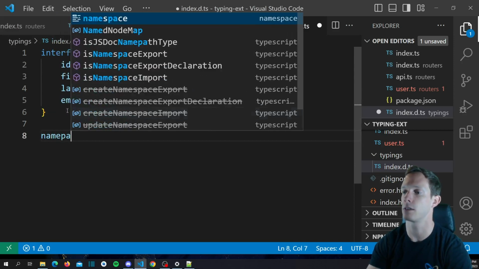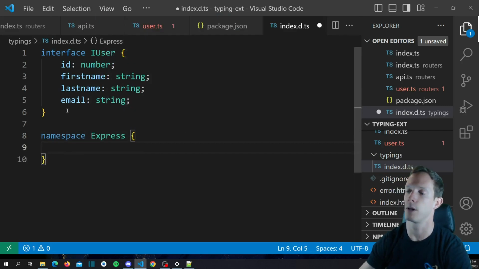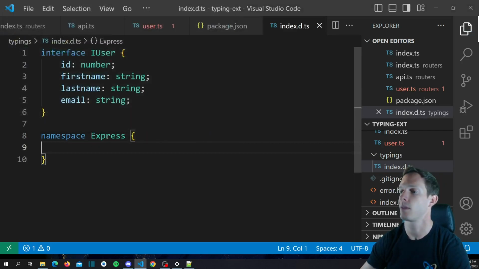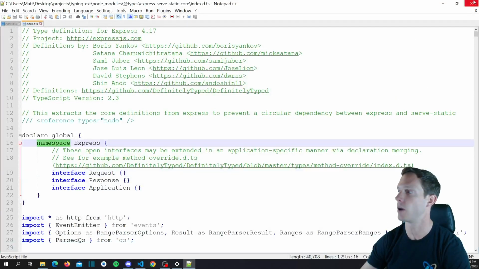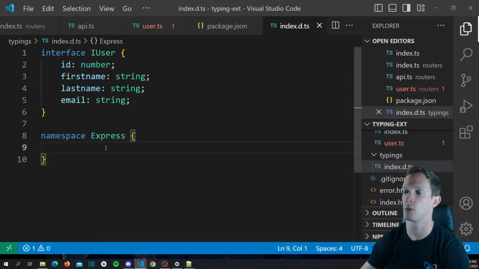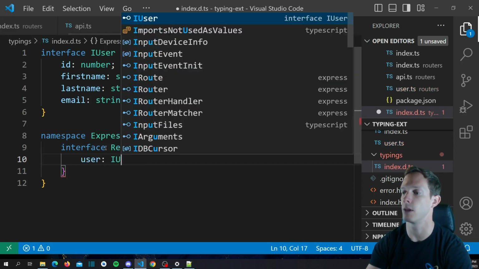So we want to go back into our index.d.ts, and we are now going to declare our namespace Express. Whoops. So you can say namespace Express, and a lot of the times you can go ahead and declare it if you want, but it's not a big deal. We're going to have namespace Express. We may have to declare it, but we'll find out in a second. And then we'll have interface Request. And on our interface Request, we're going to have user,